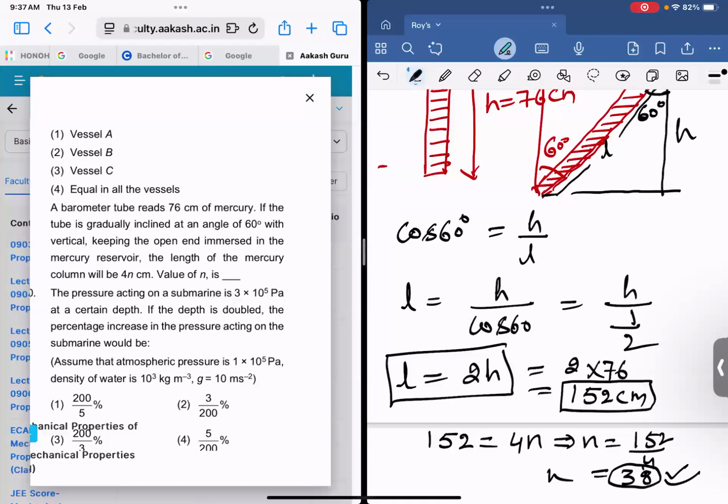हीट एंड थर्मोडायनेमिक्स। क्या चल रहा है अभी आपके सेंटर में? इस सेंटर पे अभी थर्मोडायनेमिक्स शुरू होने वाला है। थर्मल प्रॉपर्टीज अभी खत्म होने को है। तो थर्मल प्रॉपर्टीज हम शुरू करें नेक्स्ट क्लास में।